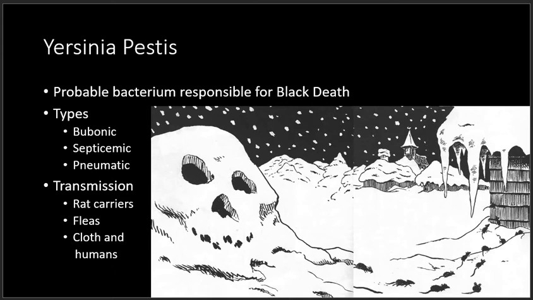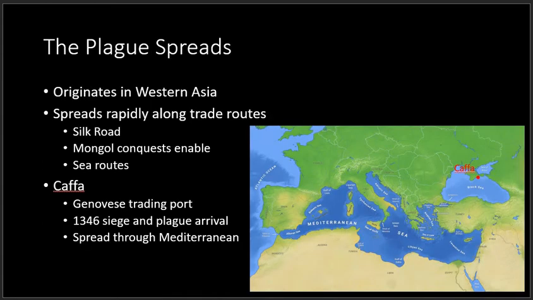But all these transmissions made it easy for the plague to spread across trade routes, especially by sea. The plague originated in West Asia, probably in China, which was a populous region even then. The plague spreads rapidly along major trade routes. The Silk Road, a very old set of trading routes that brought silk and other trade goods overland from China and East Asia, was one such pathway.